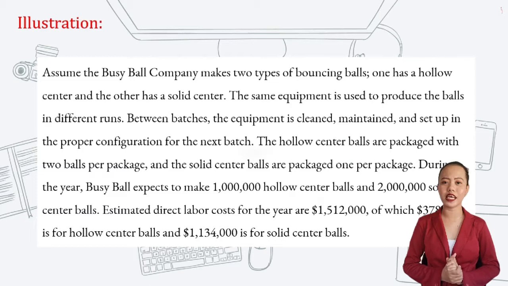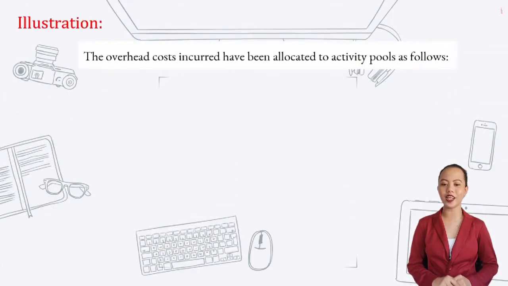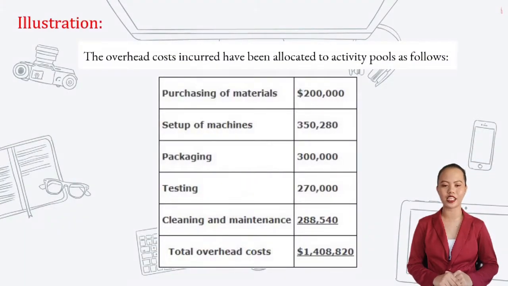Now, as you've noticed in the third sentence, some processes of the production were mentioned. And yes, you're right. These are our activity cost pools. The overhead costs incurred have been allocated to activity pools as follows. Let me read. Purchasing of materials, $200,000. Setup of machines, $350,280. Packaging, $300,000. Testing,